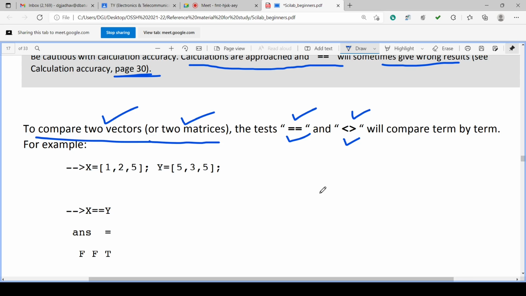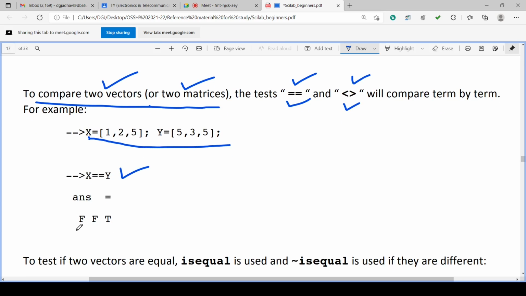If x is 1, 2, 5 and y is 5, 2, 3, then it can compare. You can write x equal y, and the answer will be false, false, true. Why?